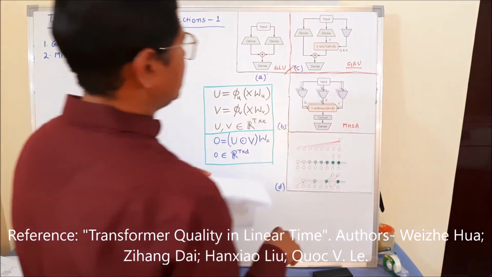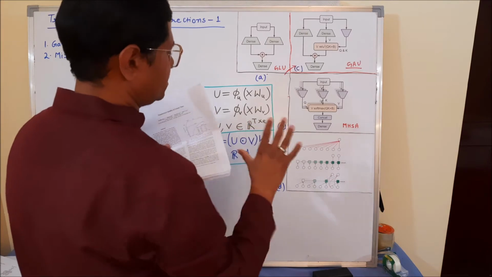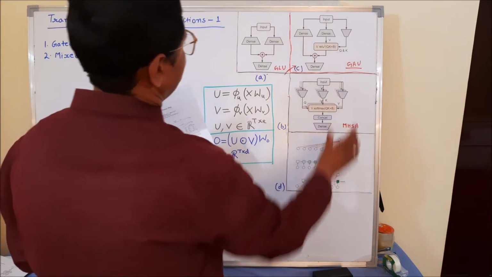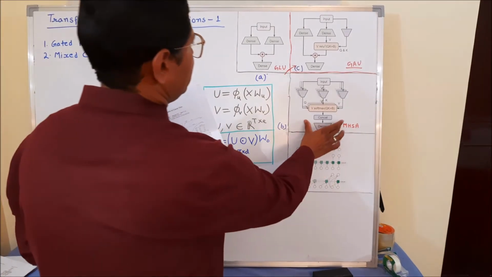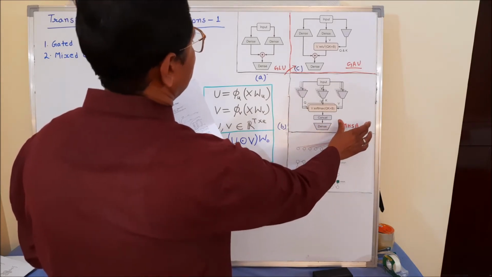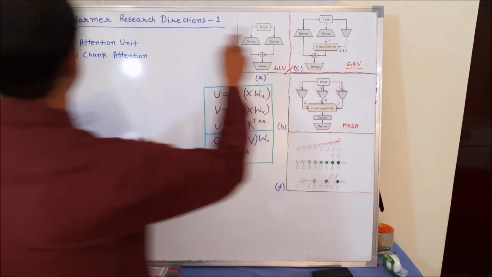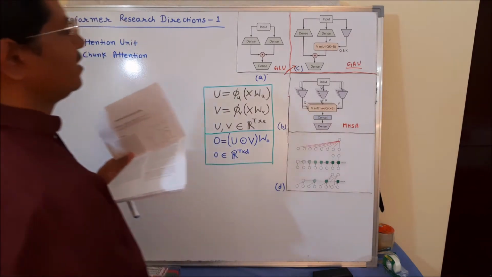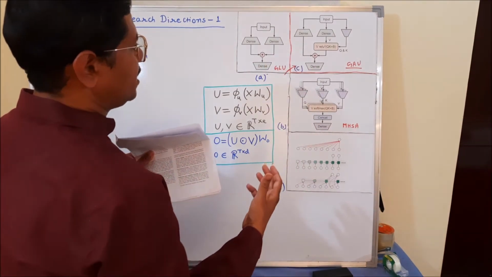So the major contribution as I understand in this paper is they have targeted the multi-head self-attention architecture of the transformer architecture, and they replaced the multi-head self-attention by their own proposed gated attention unit architecture and mixed chunk attention architecture. And after that, they have shown that how